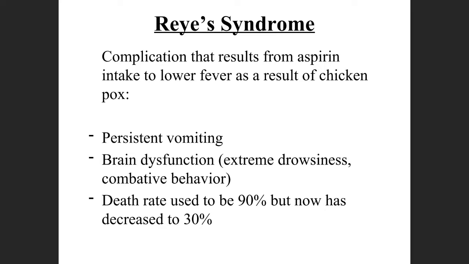And they don't know why this is happening. They have no idea what the association between aspirin and a viral infection like this is, but we do know it happens. But it causes a lot of this brain inflammation, which can cause brain damage and persistent vomiting and even death. So again, we don't see this as much as we used to, but just a word of warning: